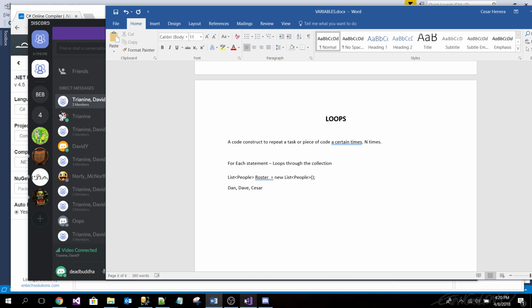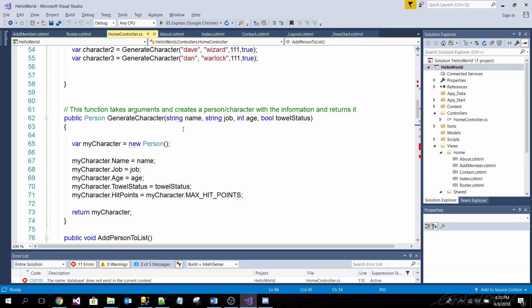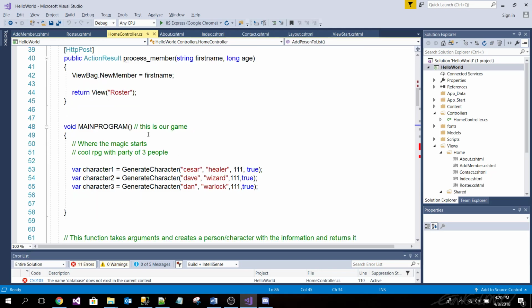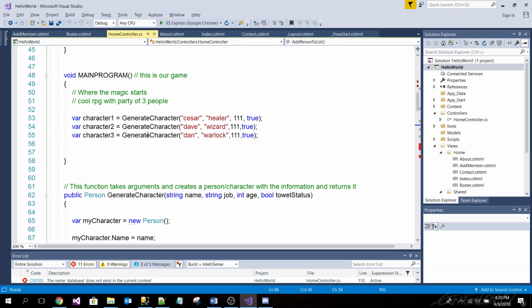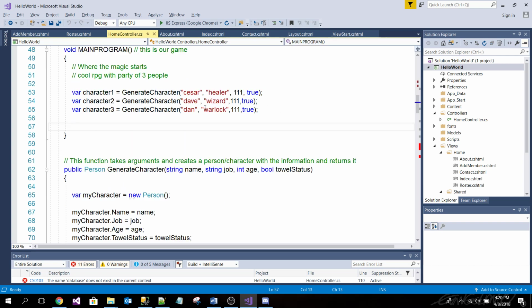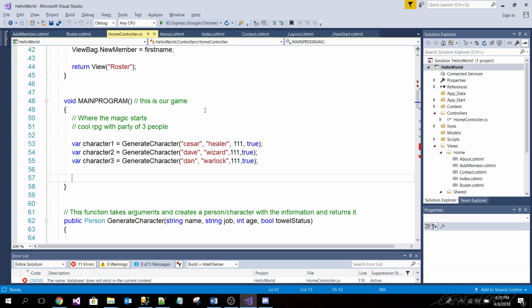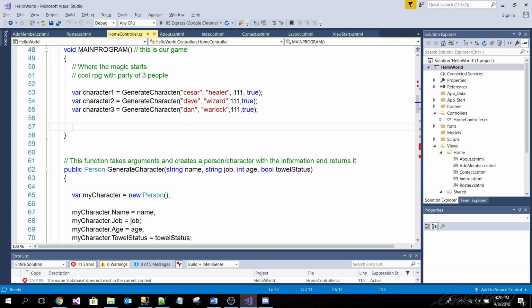It might be easier if we just do it in code, I think. All right, nice. Let me look for the code where we have our sweet code here. Oh, nice. Okay.